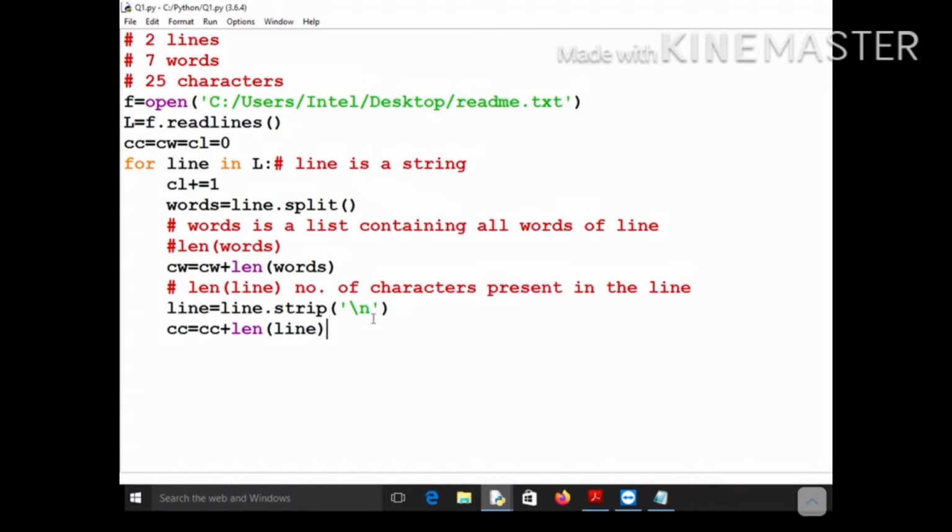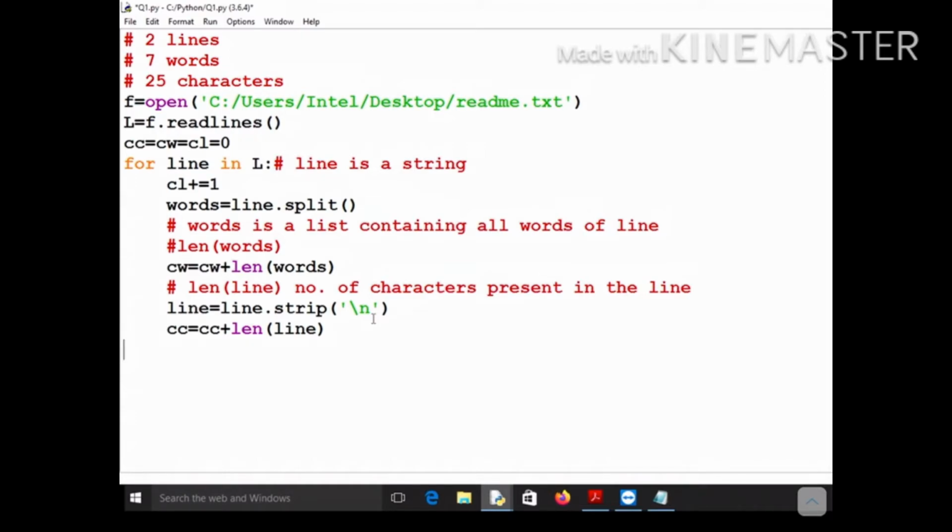I hope this is very simple for you to understand. It is nothing but the operations performed on a string. If you are well familiar with the functions that are performed on a string, then you can easily do it. You take that line, split it into words, and find the length of that list. It will give you the number of words present in that line. Similarly, you take a line, remove the backslash n from the end, and then perform the len operation. It will give you the number of characters present in your line. There are other methods also, but I think this is the simplest way to do it.